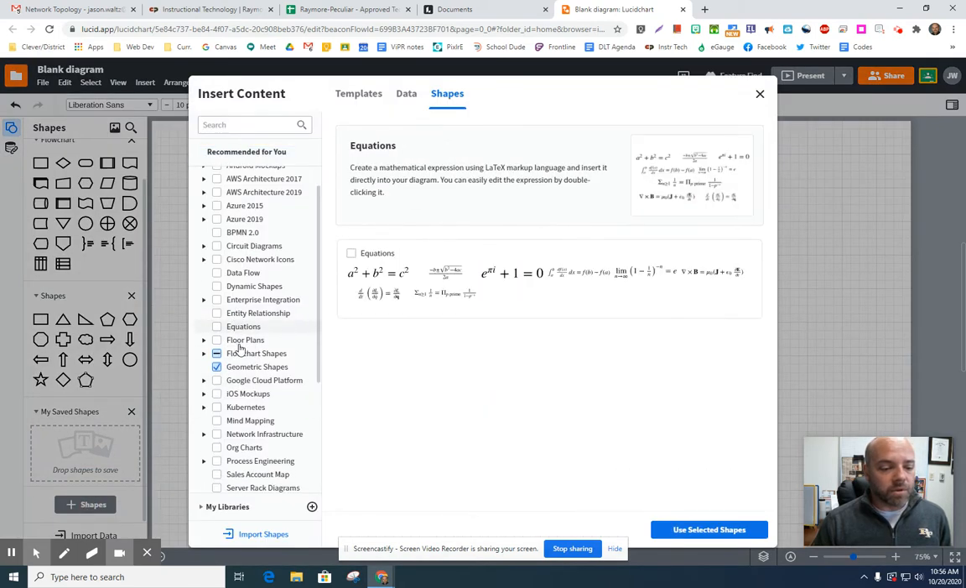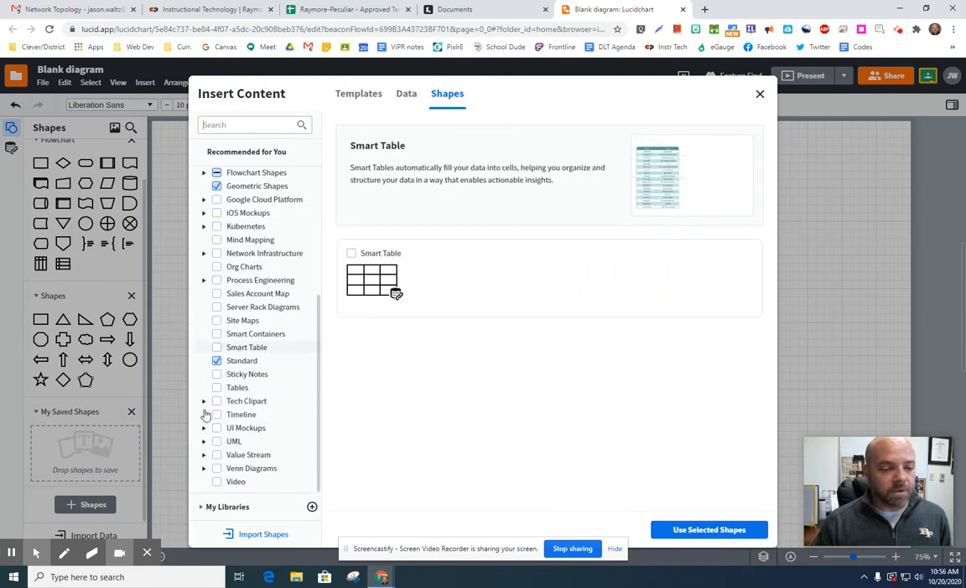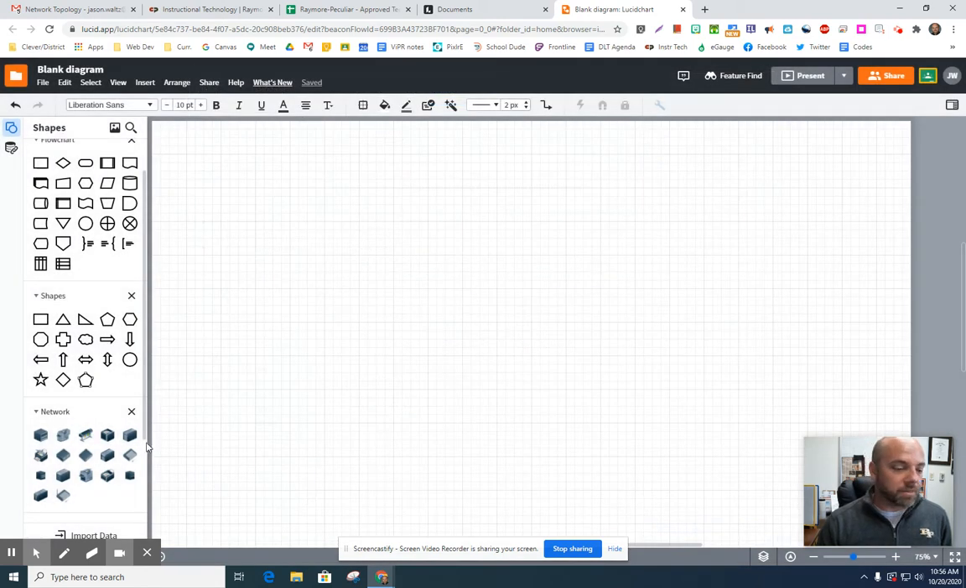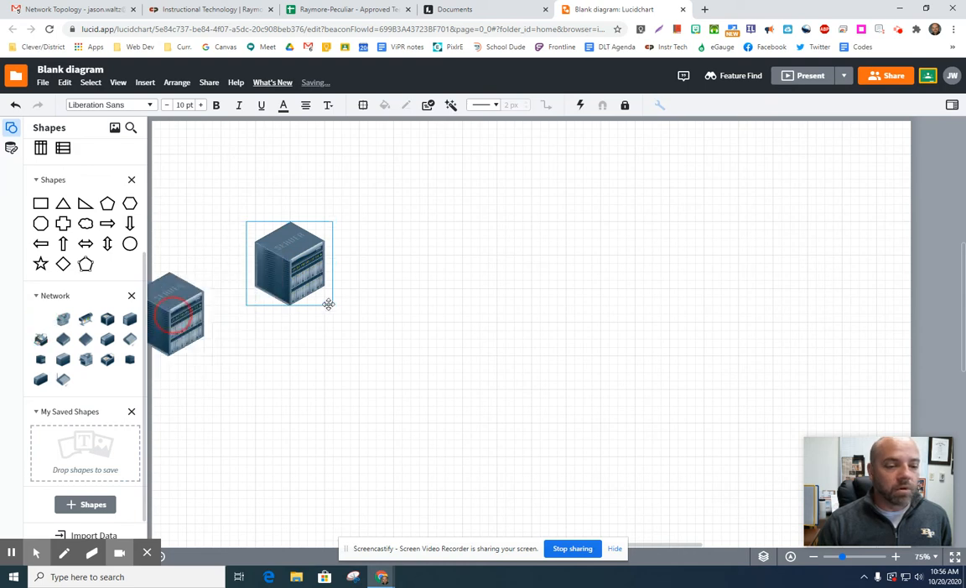So what we can do is scroll down until we find, there we go, Tech Clip Art. And to be specific, we want network. You can also check electronics and audio equipment if you wanted to, but for this demonstration, I'm just going to use network, use those selected shapes. Now what can I do? Well, I can bring in a server or 3,